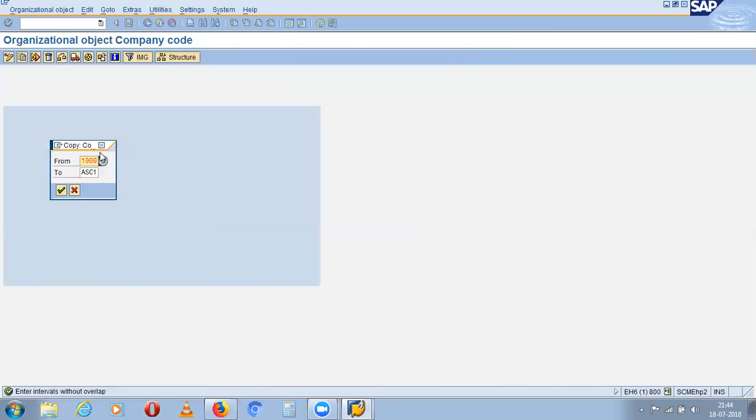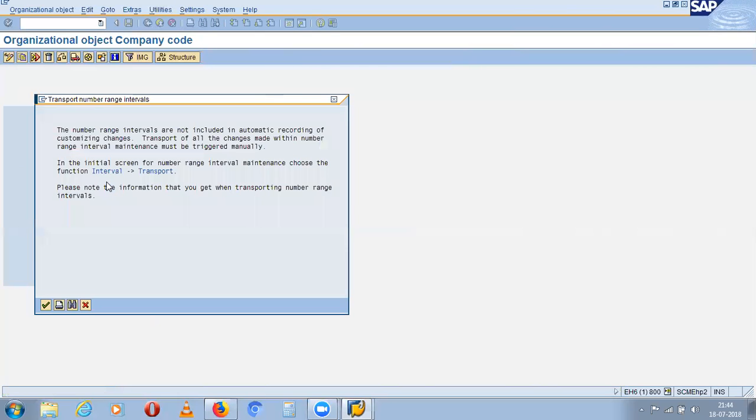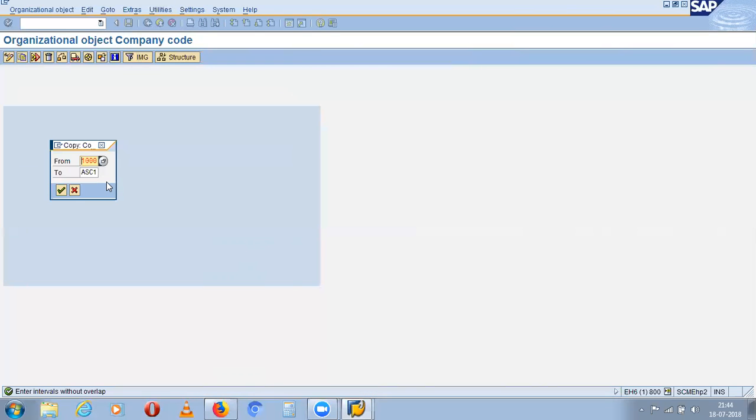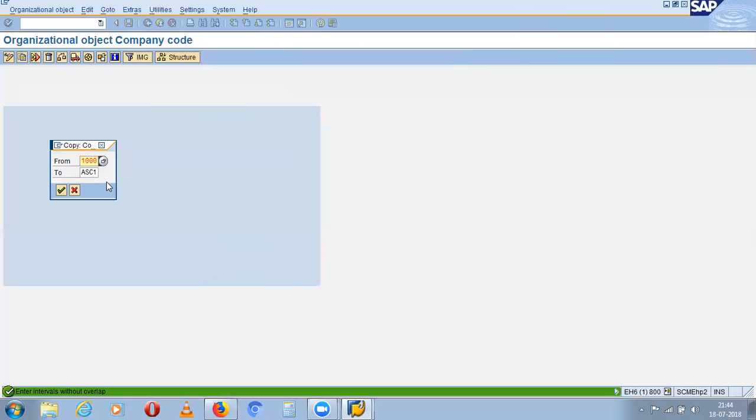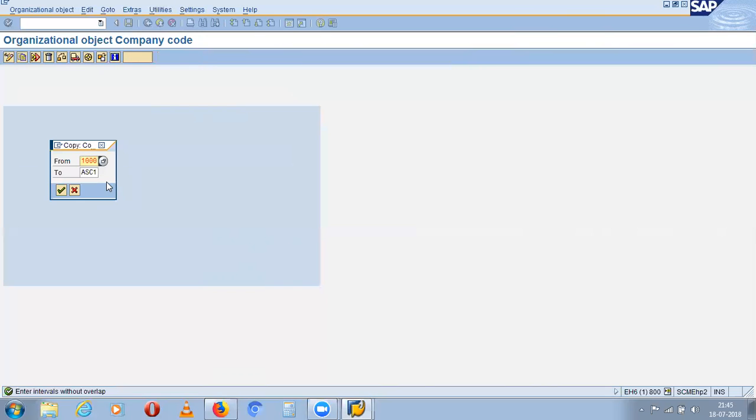Enter button is better than the mouse. Now it is okay. One second. Press enter.